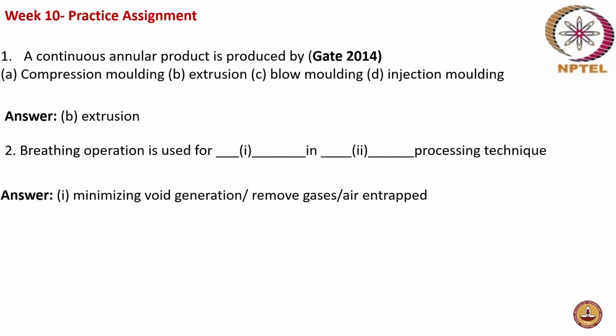So, the breathing operation is basically used for minimization of void generation or removal of gas or air entrapped. Because if air is entrapped in, for example, a particular polymer, then it can affect the behavior. The polymer is not continuous in that particular part. So this can affect. In order to minimize the void or remove the gases or air entrapped, the breathing operation is performed, and this